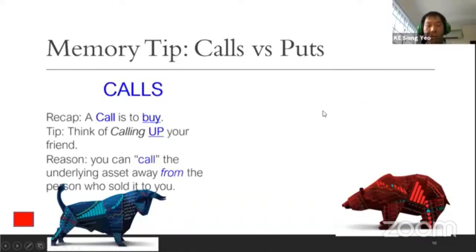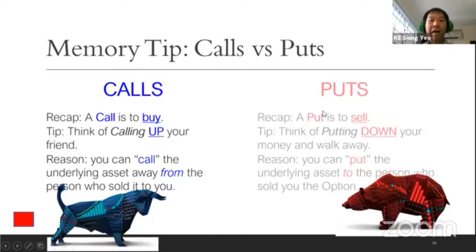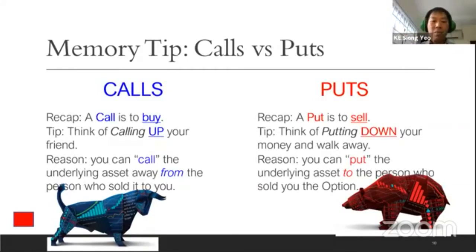And just to give you a tip of how you remember what's a call, what's a put. Think of a call as a buy, like calling up a friend. You can call the stock away from the person who sold the contract to you. I can call away the Apple stock from your counterparty, right? A put is to sell. Putting down, let's say put down your money and you walk away. You put down your asset to the person,